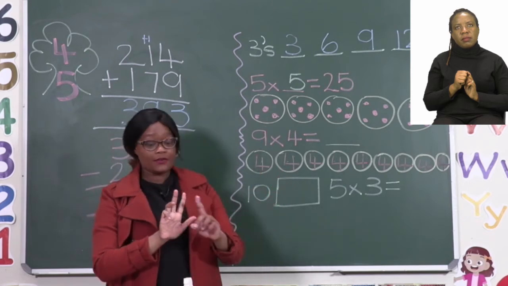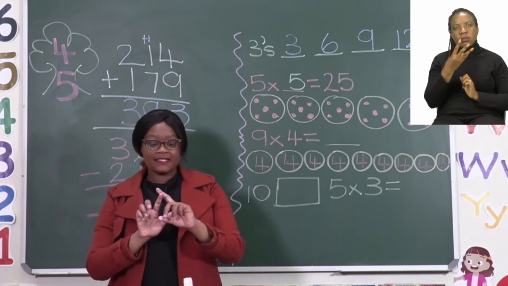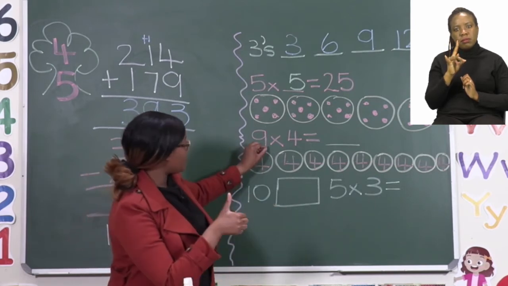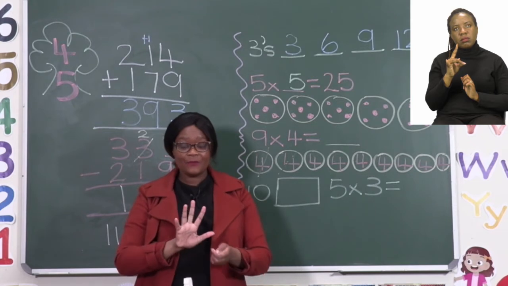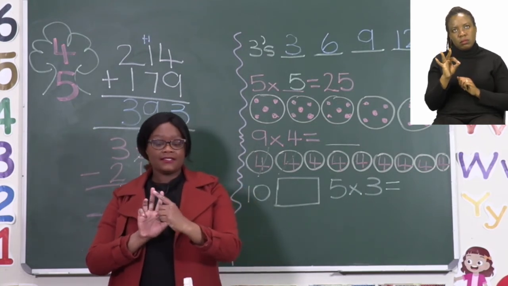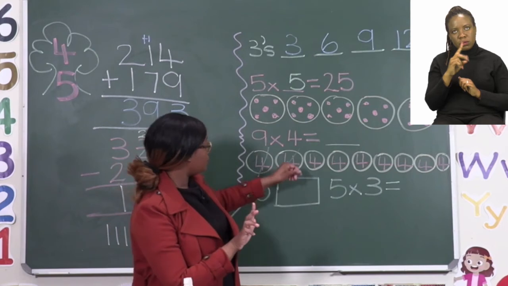4, count on, 5, 6, 7, 8. So we have counted for 2 sets. We are on number 8. Let's go. 9, 10, 11, 12,